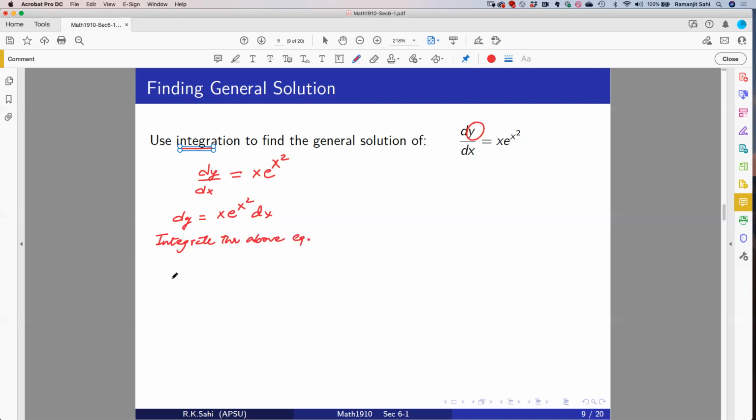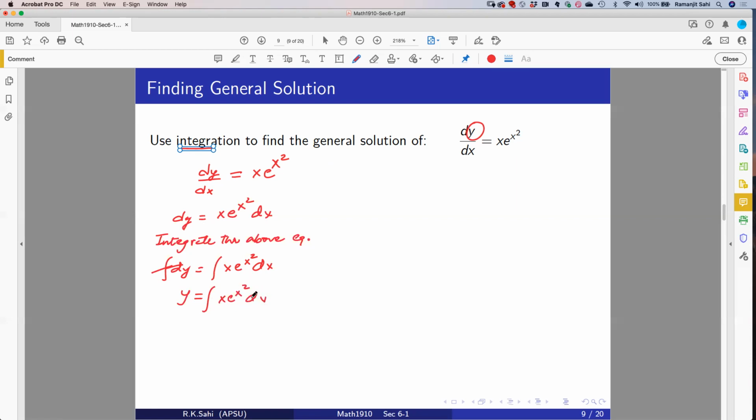What this basically means is: integral of dy equals integral of x e to the power x squared dx. Now, the d and the integral are basically opposites of each other, so we can cancel them out, and we can say this is y. Now, on the right-hand side,